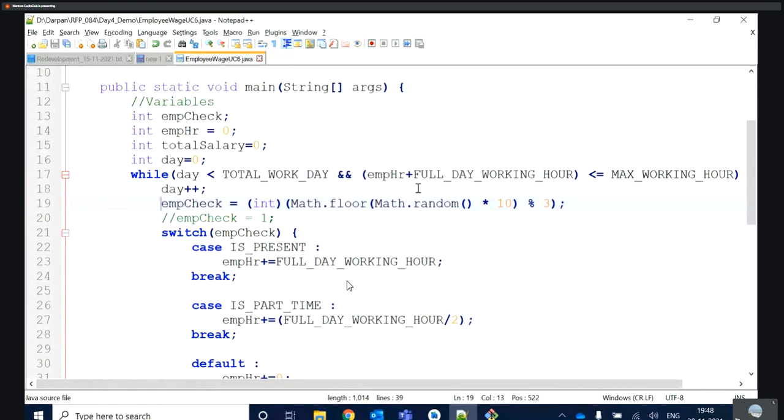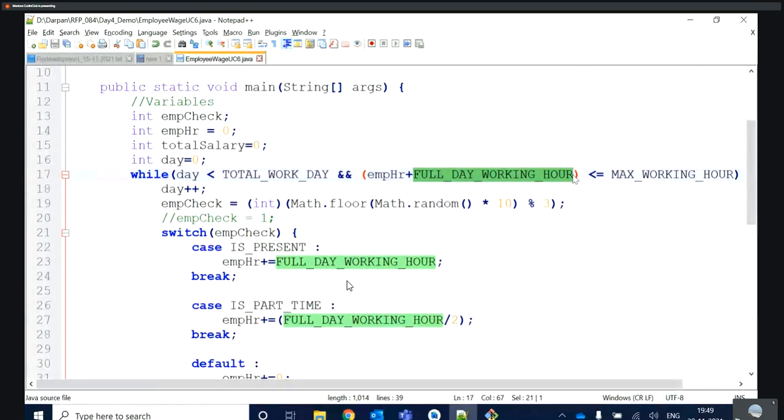That's why I'm changing my condition. Let's say my total working hour is 96. Let's assume the employee is absent or present or part-time, don't worry for that, but I will check for the full day working hour. If the employee's total working hour plus 8 becomes greater than 100, then my while loop should not continue.